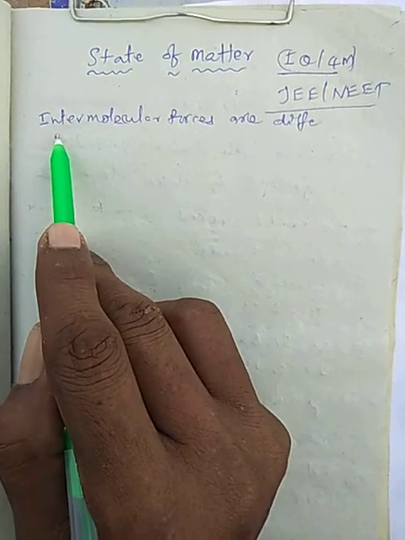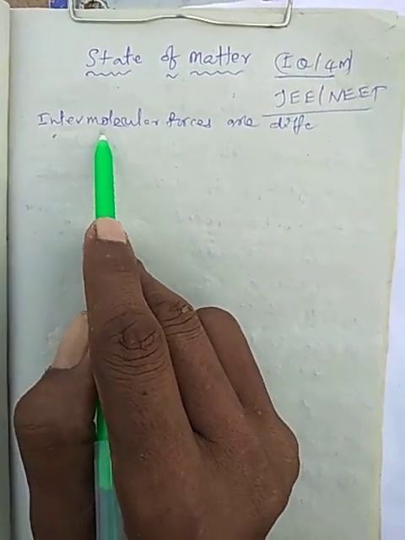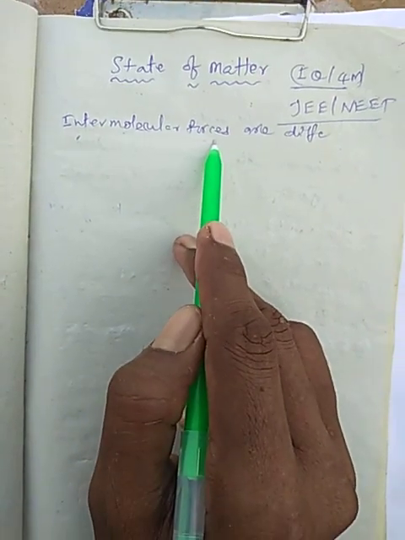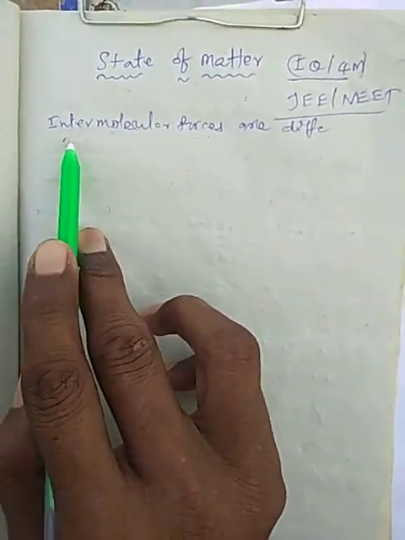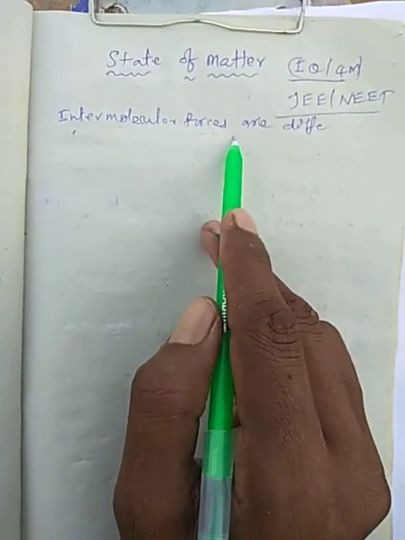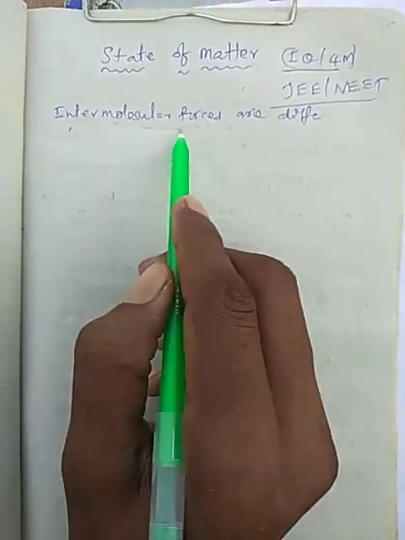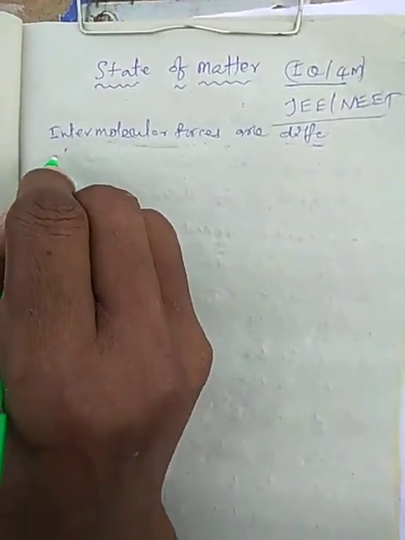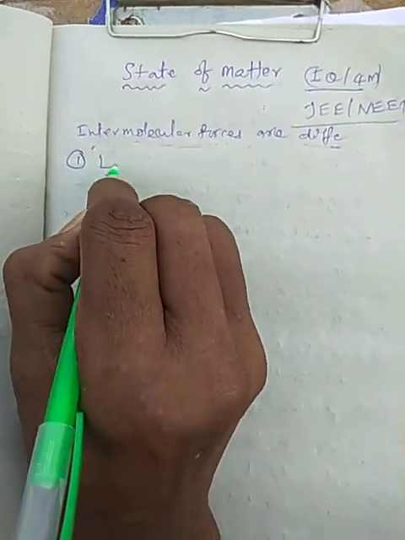In this topic, we will explain mainly the types of matter, the types of molecules, the intermolecular forces between the molecules in the matter, and also, based on these forces, what type of laws we discuss. All will be learned in this topic. Now, based on intermolecular forces, we have the different laws. That is, first, different types of forces. First one is London forces.